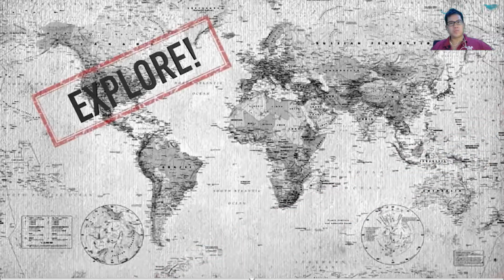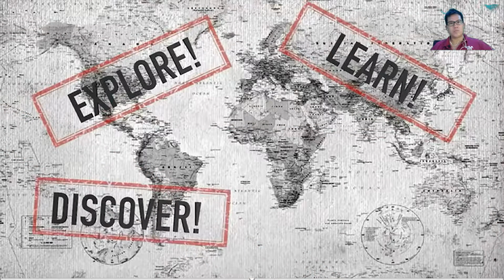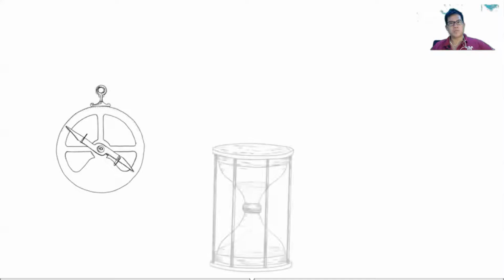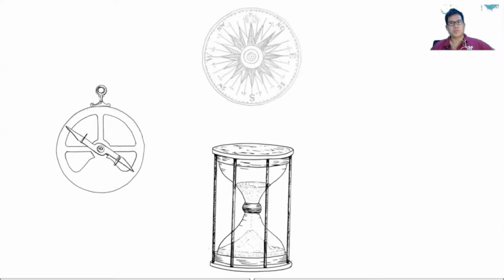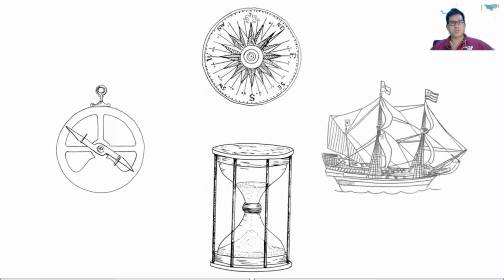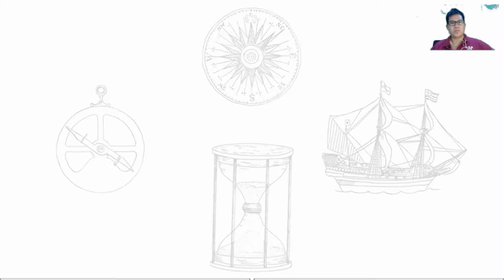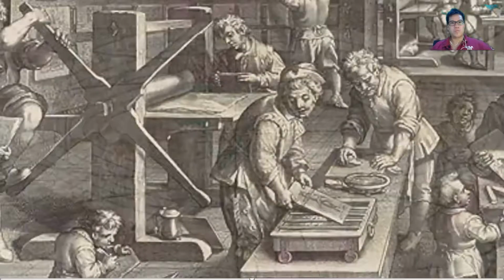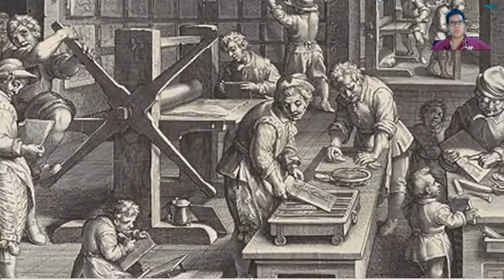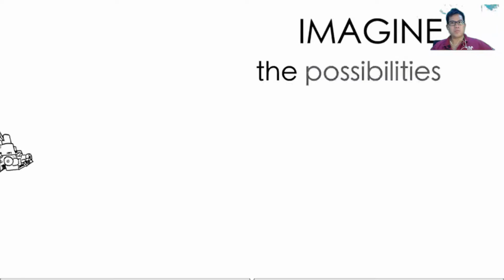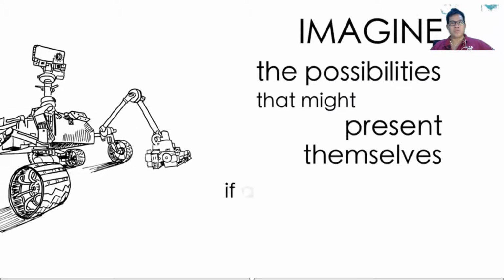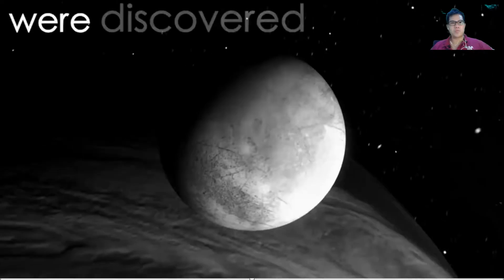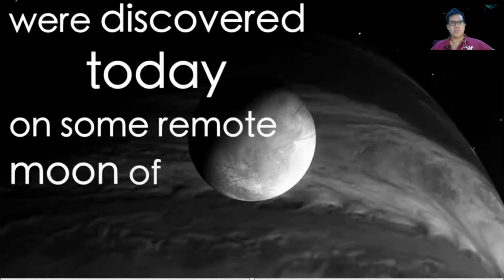The rest of Europe, particularly in the north, was profoundly jealous of the Portuguese spice trade and the Spanish discoveries in the Americas. They wanted their own piece of the pie. To get it, they needed to discover what other valuable commodities might be out there in the world. The result was an extraordinary rejuvenation in the whole idea of exploration and discovery that affected all areas of life, but in particular the sciences, engineering, and navigation, and greatly expanded 16th century man's knowledge of the world.